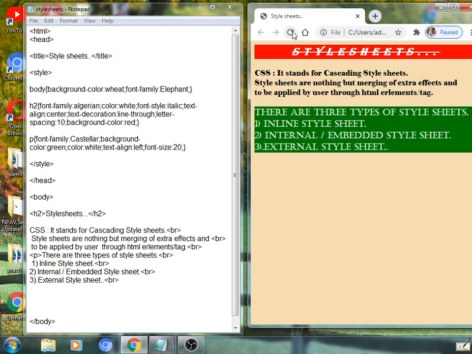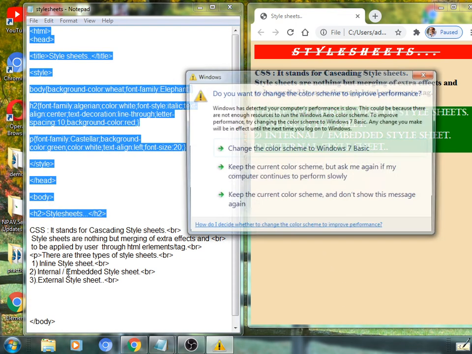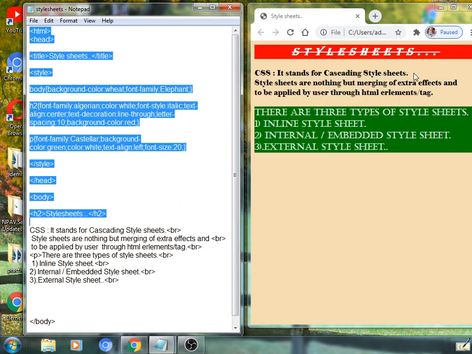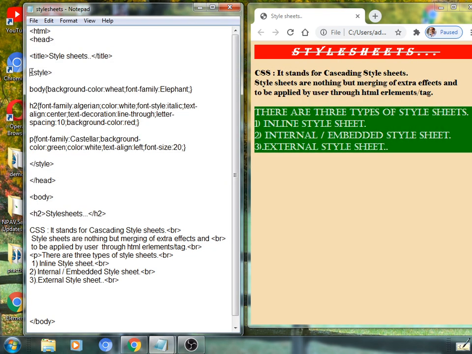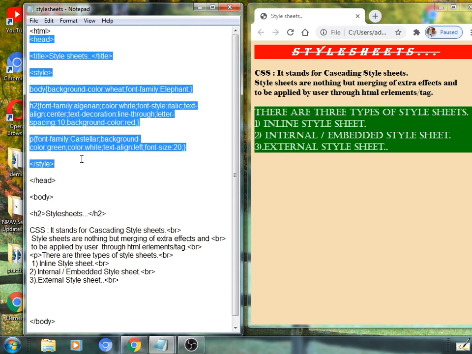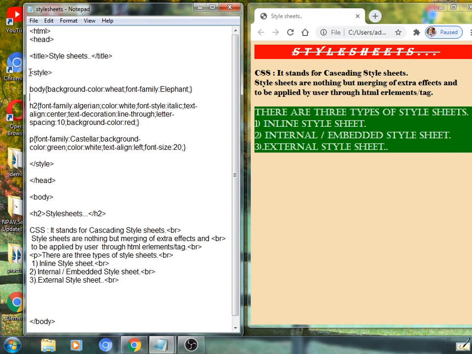So in this lecture we have seen how to create an internal style sheet. Basically, an internal style sheet is prepared in the same HTML file where it is applied, designed in the head section within the style tag and its end tag, and applied with selectors.